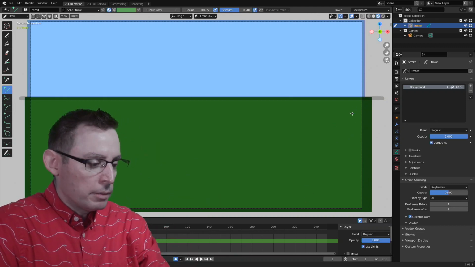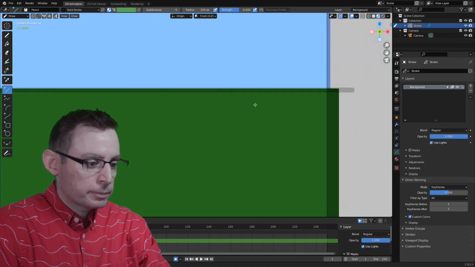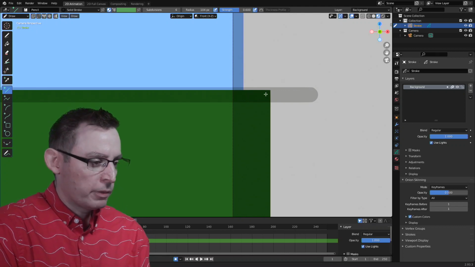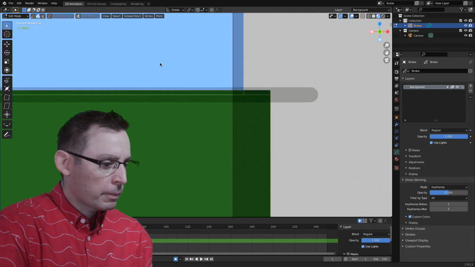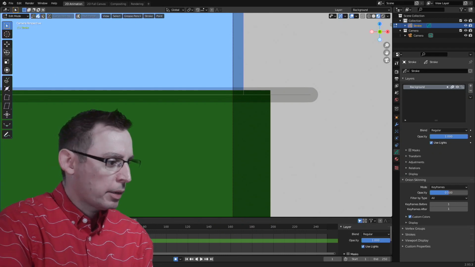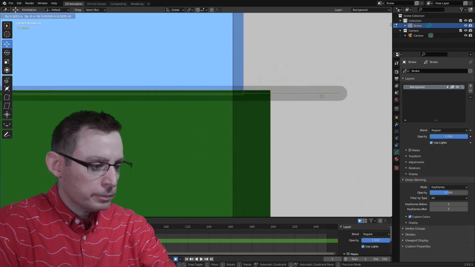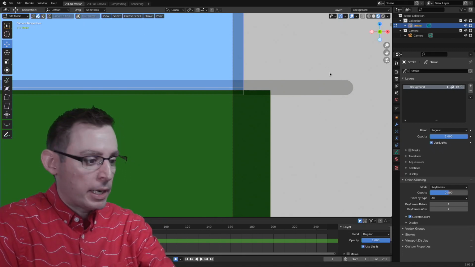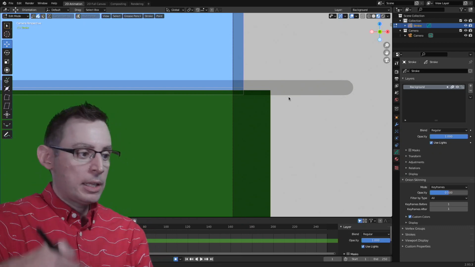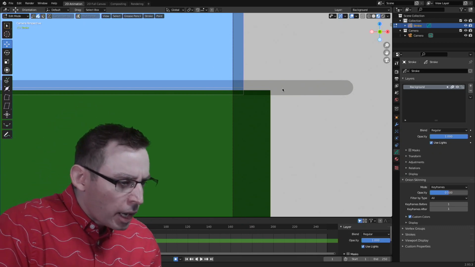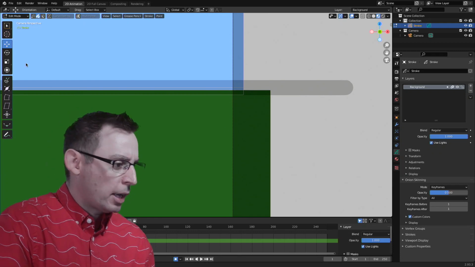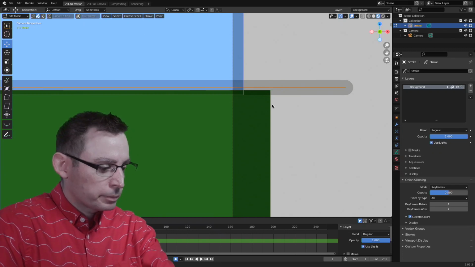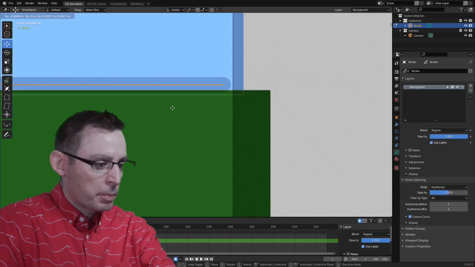Now, if we were to zoom in and take a look at all of this, okay, we have some issues here with the objects inside of our scene itself. I just took a second and drew this straight line here. I can move it around if I'd like, because there are some things that are wrong with this line that I need to change. First and foremost, it's behind the square that represents the sky, and it's also behind the ground itself. I want to change that. So let's go ahead and change that real fast. Let's select the stroke. I'm just using the grab tool here just to position it where I want.